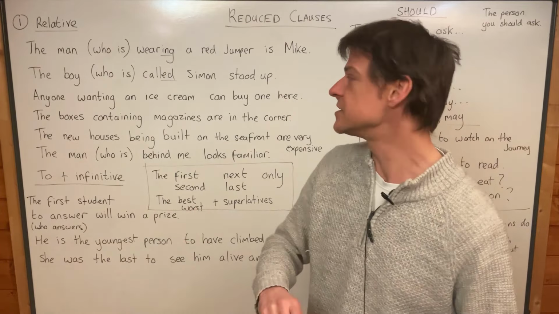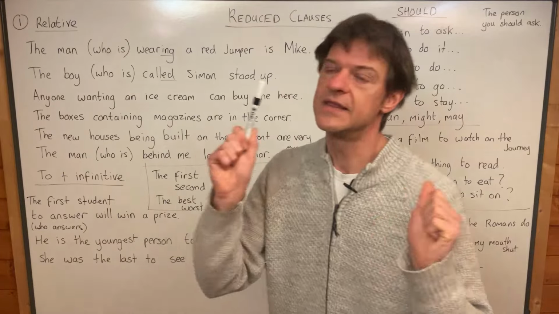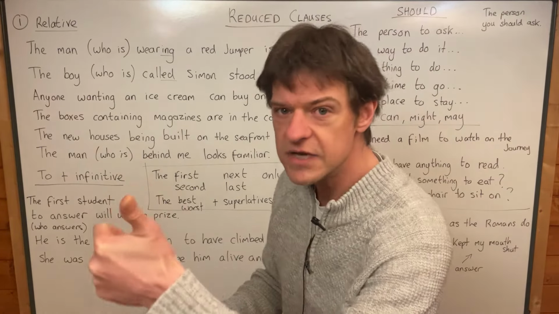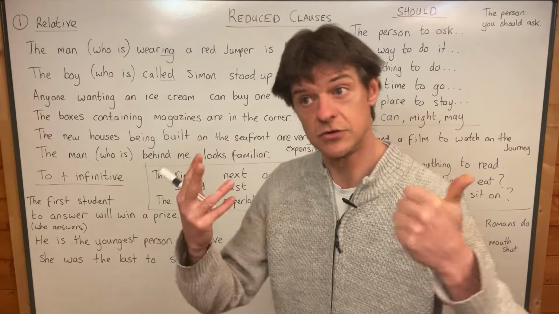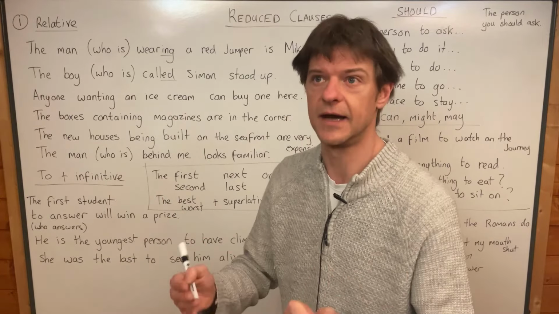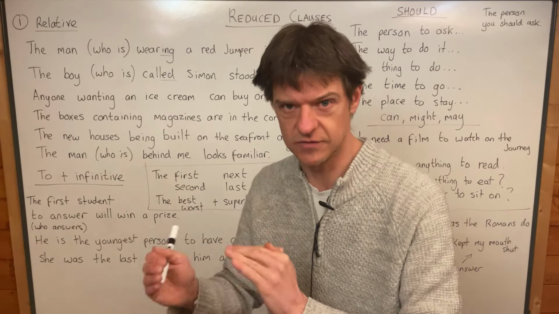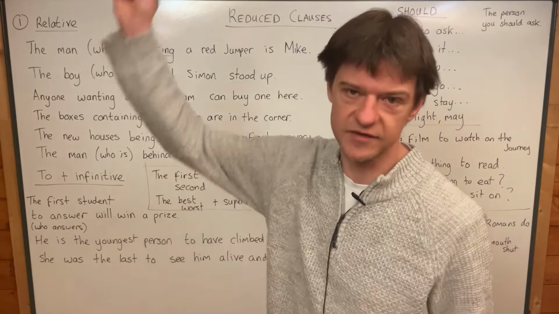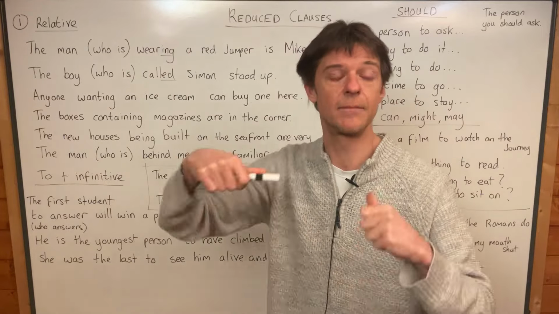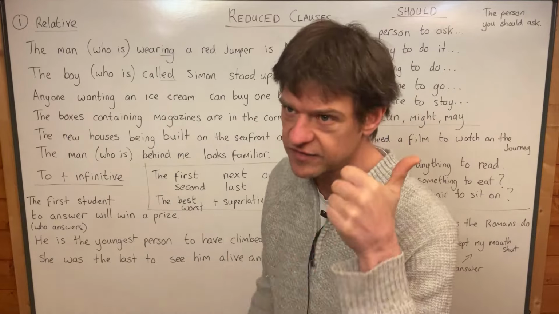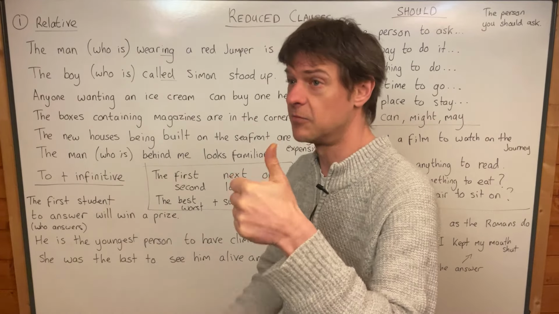And that's something to remember about participles. They show a few different things. They might sound like they give you the reason why. So the student, knowing the answer, put his hand up. That knowing the answer is like because he knew the answer. It's telling you the reason why the student put his hand up. He put his hand up because he knew the answer. So participles can tell you the reason why something happened. They can tell you the